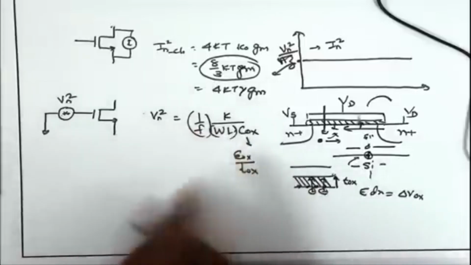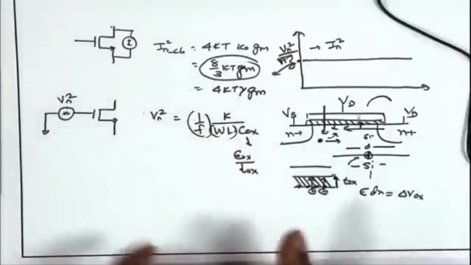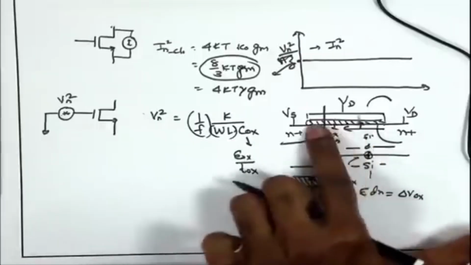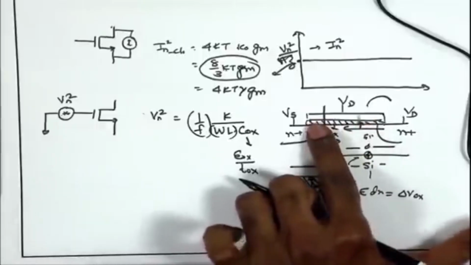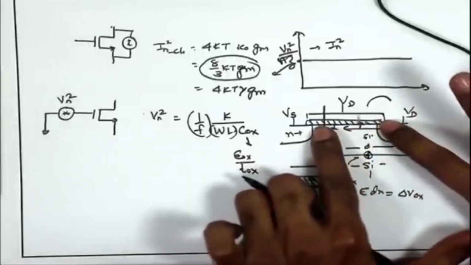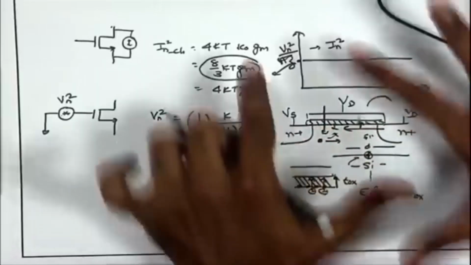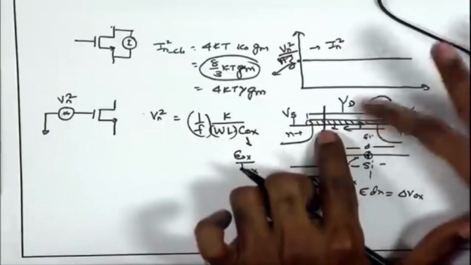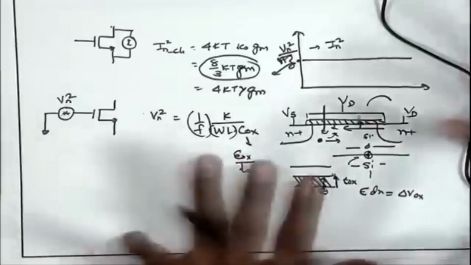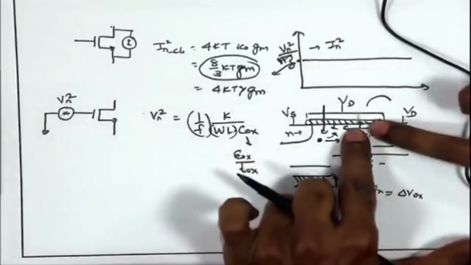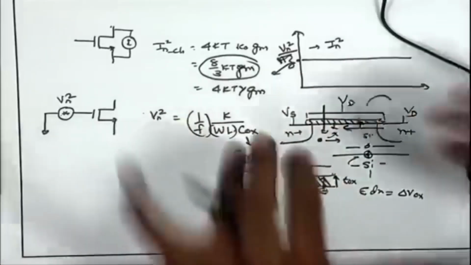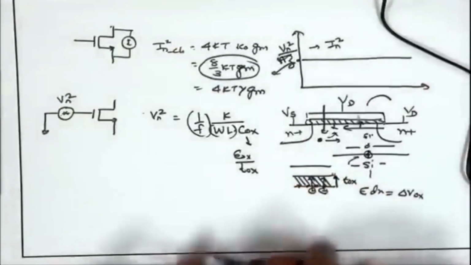And the other factor, that is W times L, it denotes the total cross section area of the MOSFET. Basically, what happens is, because there is so much trapping detrapping phenomena happening all across this oxide interface, if you increase the area of the gate, on an average these trapping detrapping phenomena will cancel out, because you have a large area, right. So, if you are integrating or summing up all these trapping detrapping phenomena over a large area, it will become closer and closer to 0, just like the phenomena of summing noise at different instances. So, here we are not summing the noise at different instances, but we are summing up this trapping detrapping across a large area. Larger is the area, more is the probability of that total summation approaching 0,